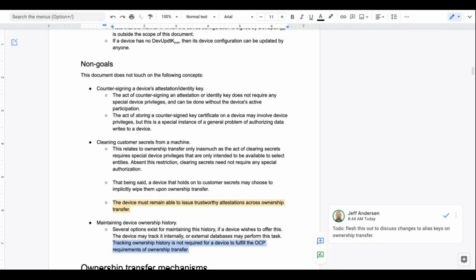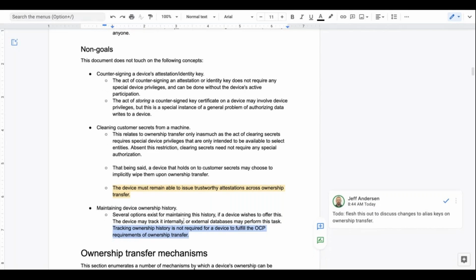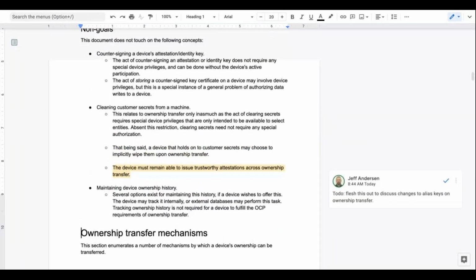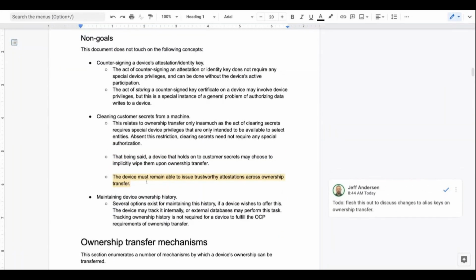So we'll get to that in the doc, but the ability to reverse and go back to a prior owner is preserved without the device needing to remember who prior owners were. Okay, so just enumerating here, any other questions on any of these non-goals? Any other non-goals that haven't been mentioned, which probably should be?